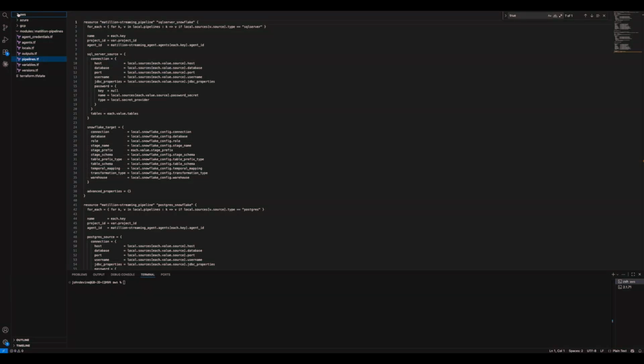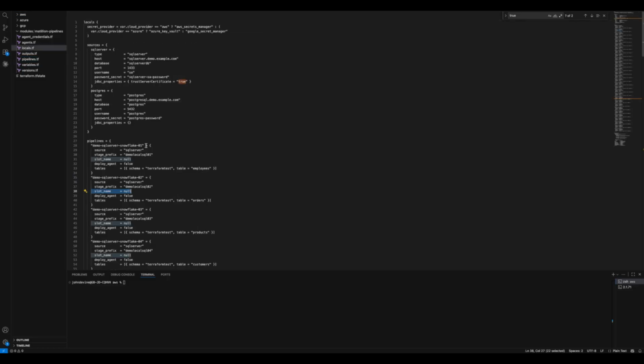So looking at this demo configuration, I have a pipelines file defining SQL Server to Snowflake and Postgres to Snowflake integrations. In this scenario, we have multiple pipelines that are nearly identical, with the only differences being the specific tables selected for each. I am using a locals file to define sources like SQL Server and Postgres, along with a Snowflake target configuration. In this pipelines object, I define each individual pipeline. This includes the Snowflake stage prefixes, the specific table sets, and unique fields like the slot name required for the